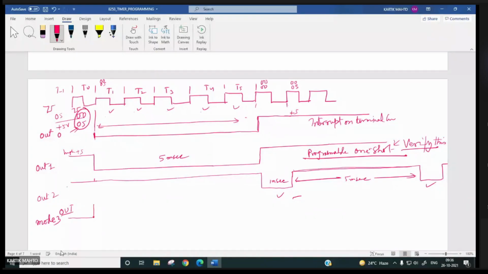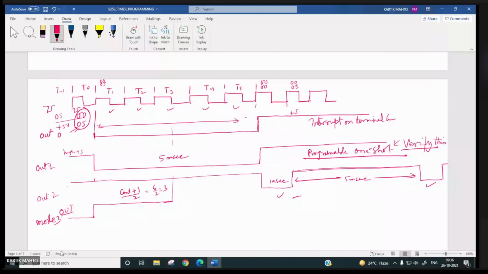and then it will count 1, 2, 3 for 3 clock pulses, up to 3. For 3 clock pulses it will be high. Why? Because (count plus 1) by 2. So 5 plus 1 by 2, 6 by 2, so it is 3. It will be high.